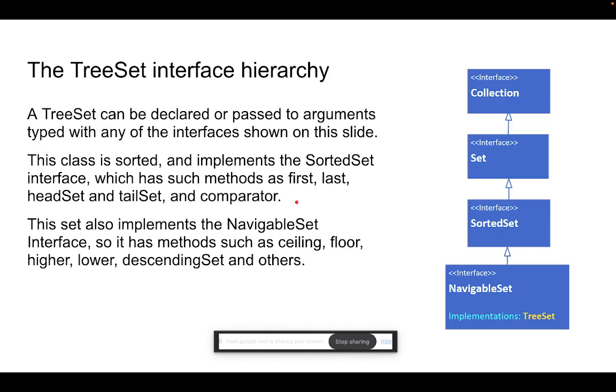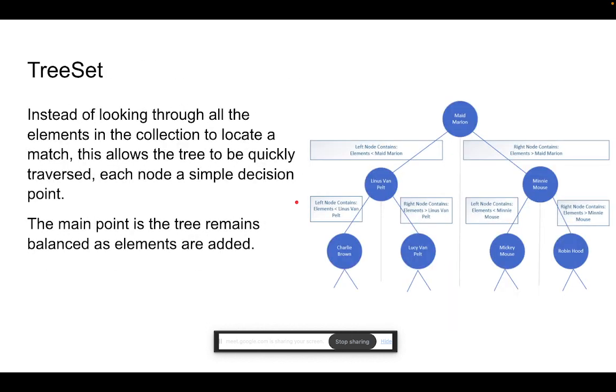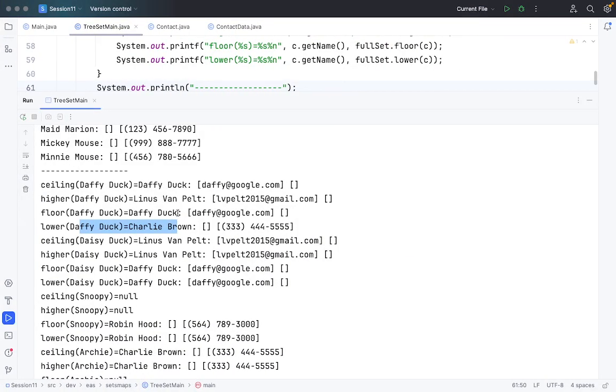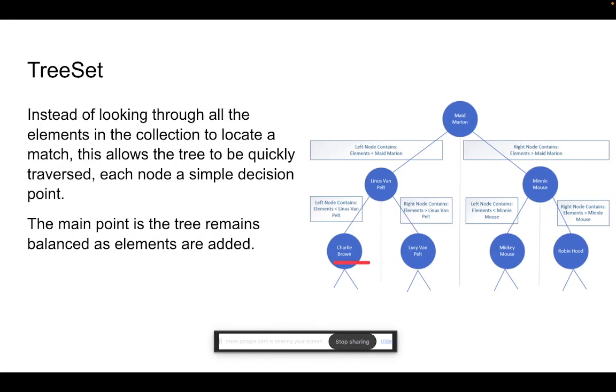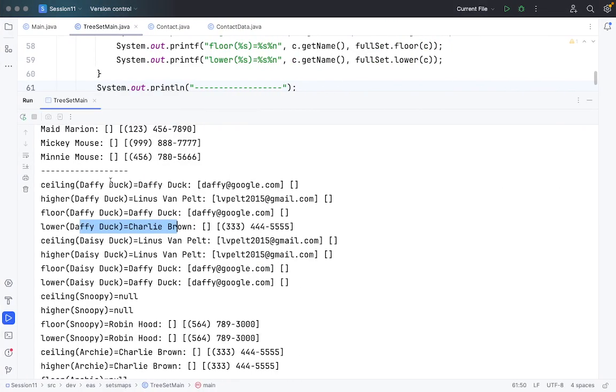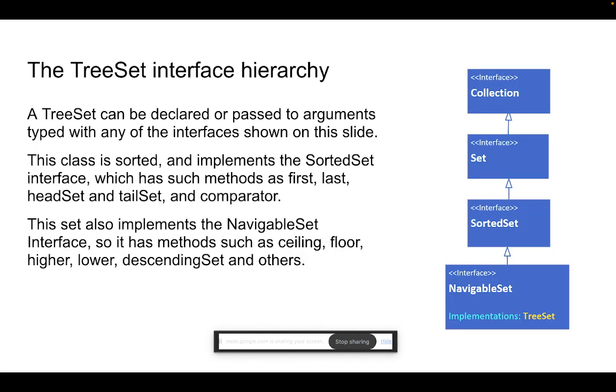Now once we have this, once we are going to locate all these values, when we are saying the floor and ceiling values, let's say Charlie Brown here, it will look at what its higher value and what its lower value is. So it will look at the nodes which are higher and lower, and based on that it will tell the higher and ceiling value in this case, right? Like the higher value of Daffy Duck is maybe Linus Van Pelt, and the ceiling is greater than or equal to Daffy Duck. So to show how it will work,